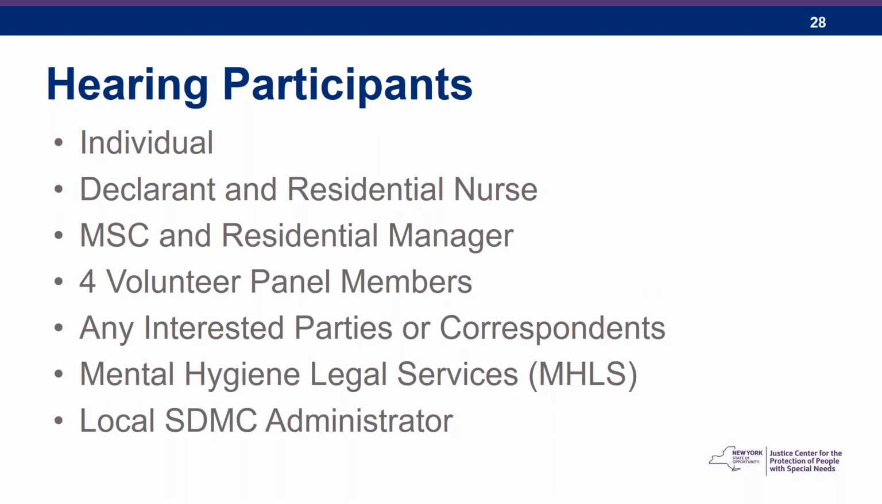When we have a hearing, these are the participants that you're generally going to see. There's typically 12 people in the room. We always invite the individual. The individual must be there. If there's a reason that you believe the individual might not be able to participate in the hearing, even for 5 minutes,